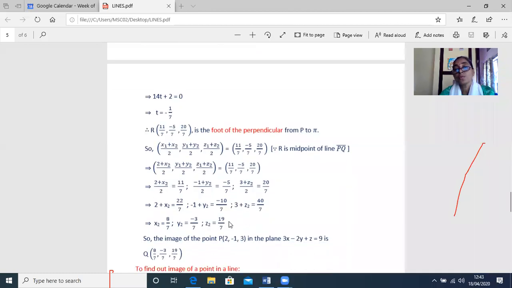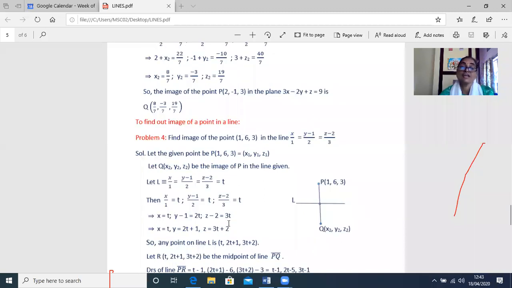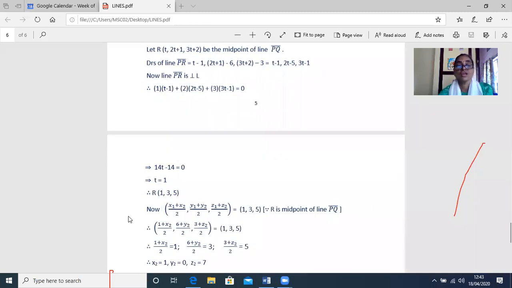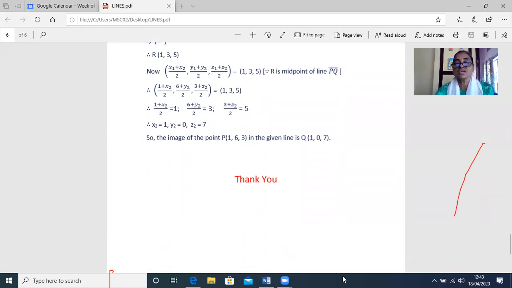Please see that you do the problems of these exercises, and if at all you have any doubts, you share them in Google Classroom, girls, and you can also share your doubts in the WhatsApp group. And all the advanced learners, please see that the students who are being handled by you are well versed with these models. Please follow up with them and see whether they are able to do the problems. Any doubts, girls?